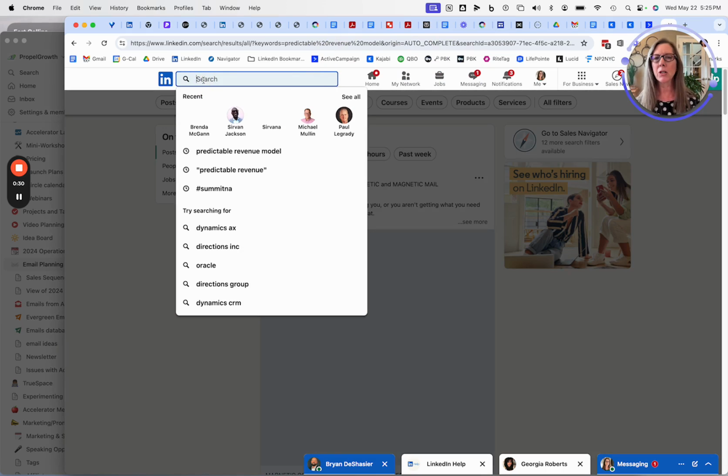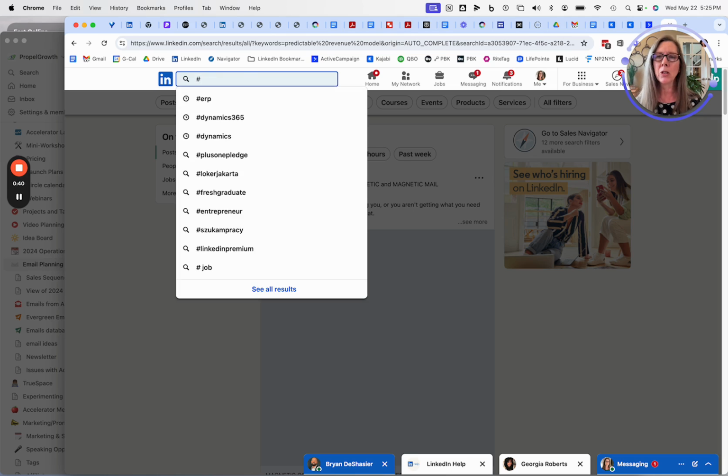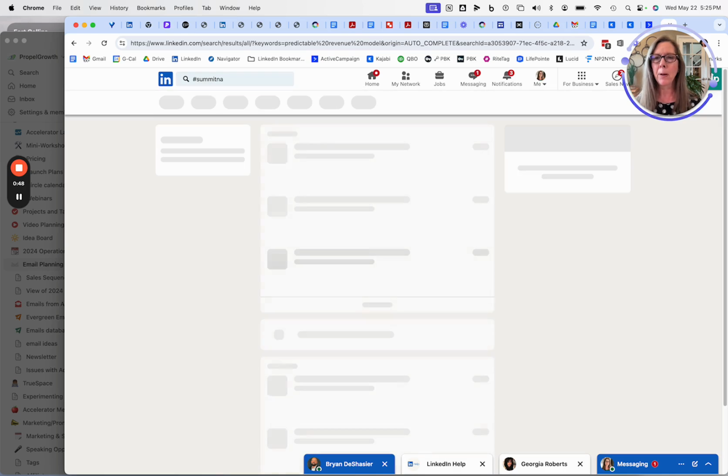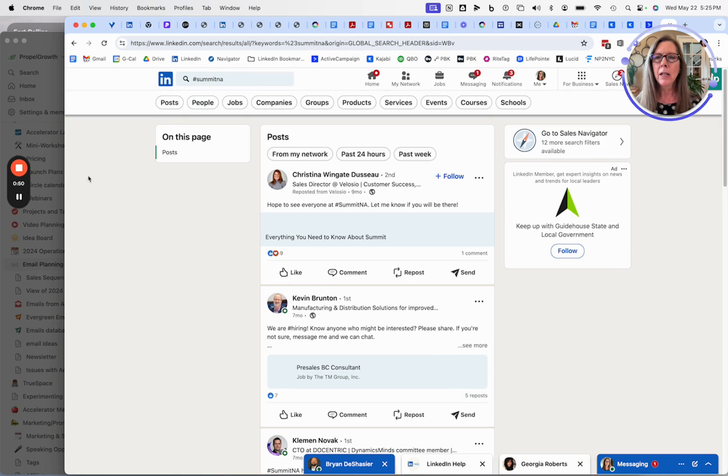Initially, we're going to just try it on a search term. You can do keywords that would be things that your prospects might typically be doing. So one way to do it is to actually search for an event. So I'm going to use Summit, which is an event that a lot of my prospects tend to attend. So you can just go ahead and click Summit NA, and then on this page, you're going to usually get